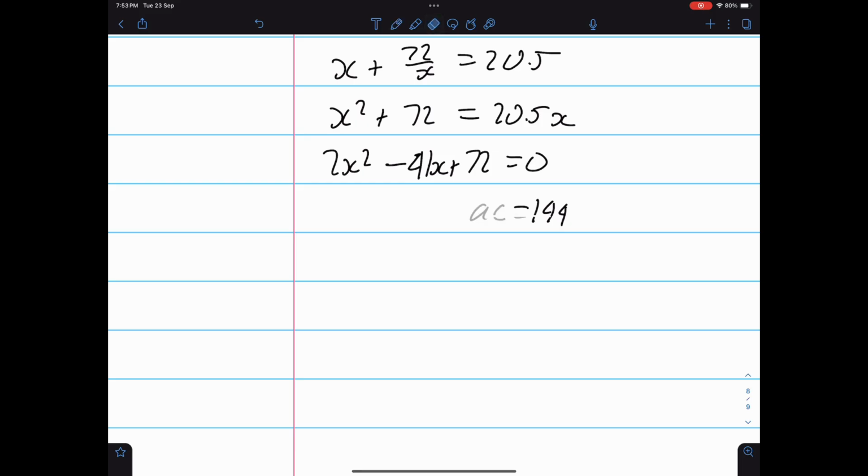And I'm going to skip. I'm actually not going to try and factorise this. I'm going to skip to the quadratic formula. X will be